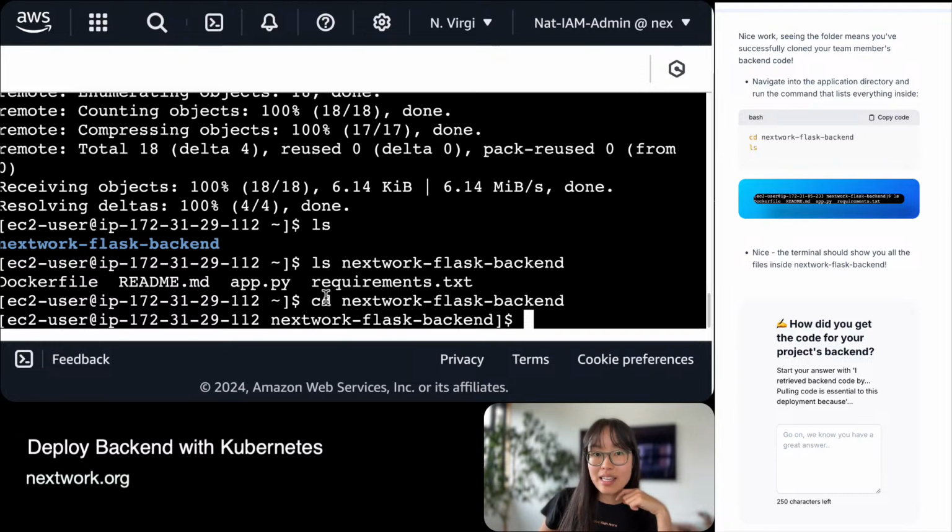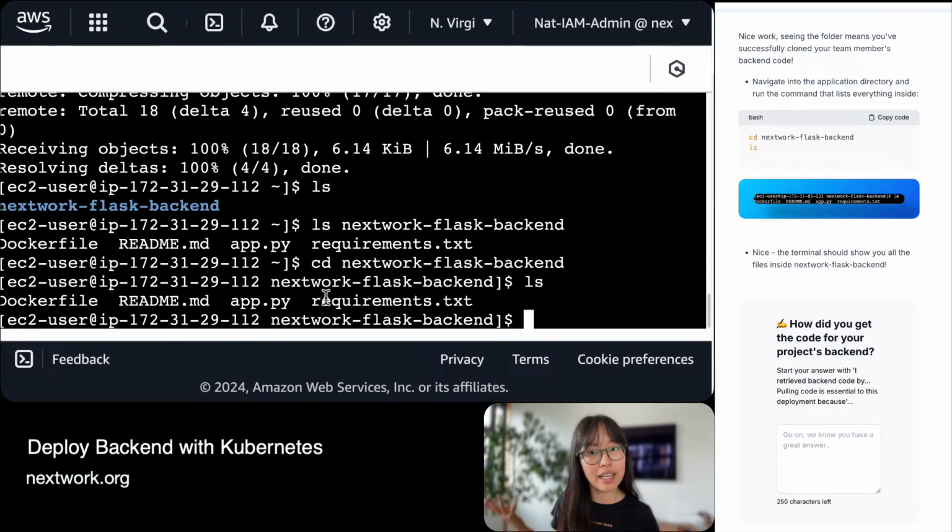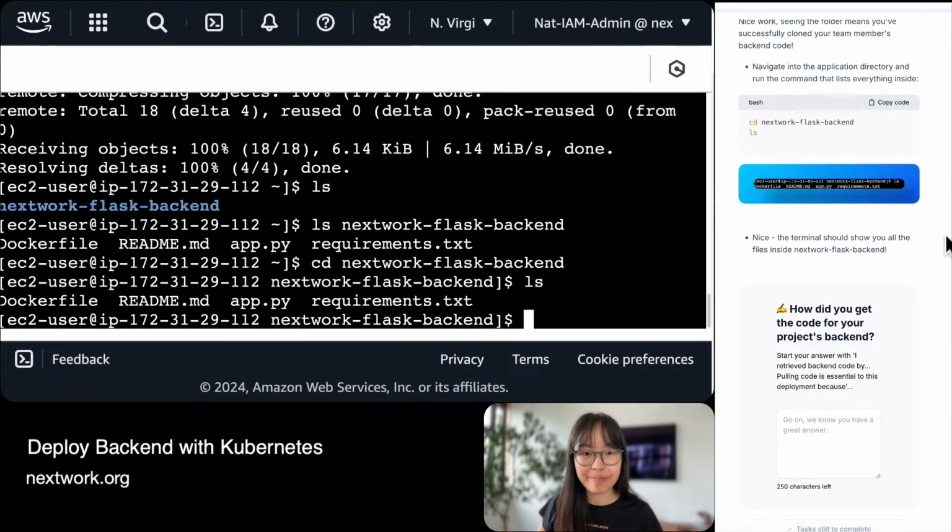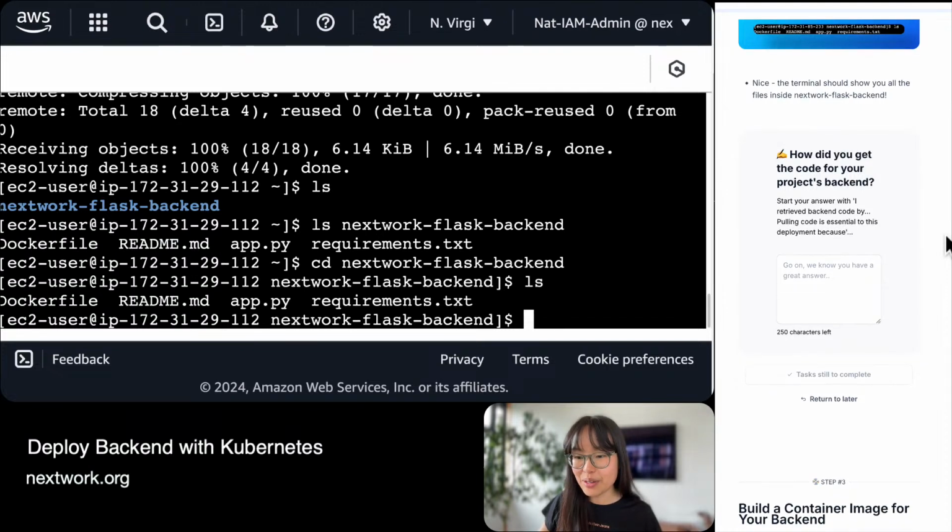By going cd next with Flask backend, you're navigating your terminal inside the folder, and then you're gonna say what's inside the folder that I'm in right now. Okay, it's a slightly different way of doing things, but it achieves the same results. So there's no wrong answer there. Okay, so we have